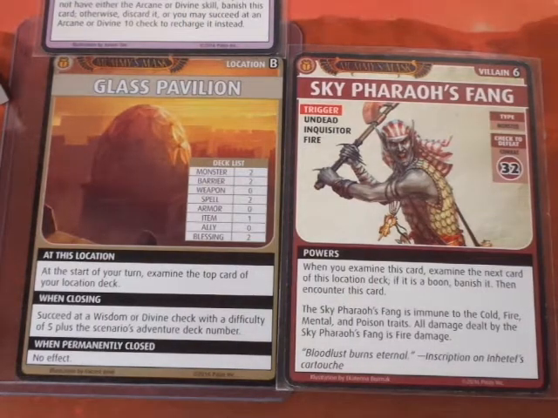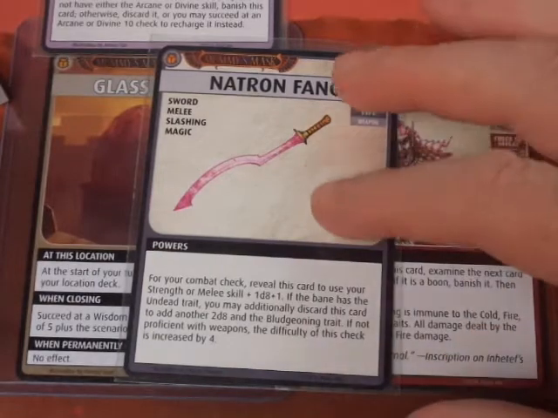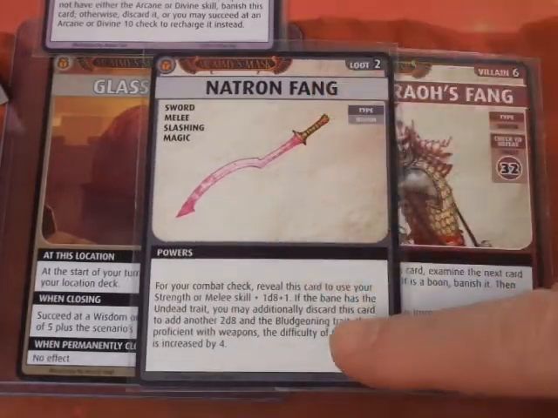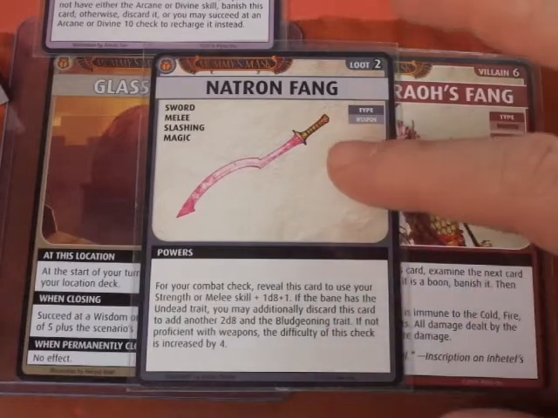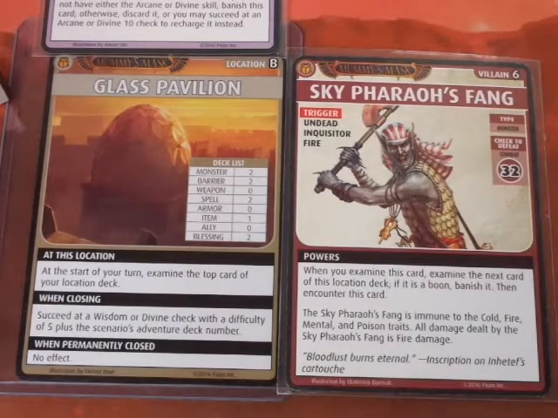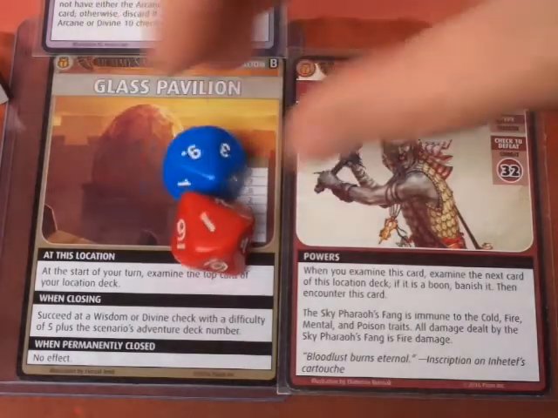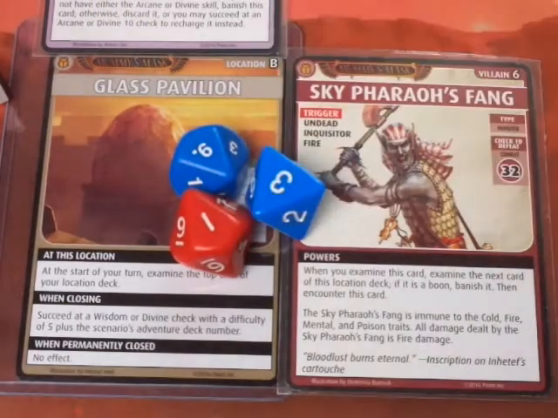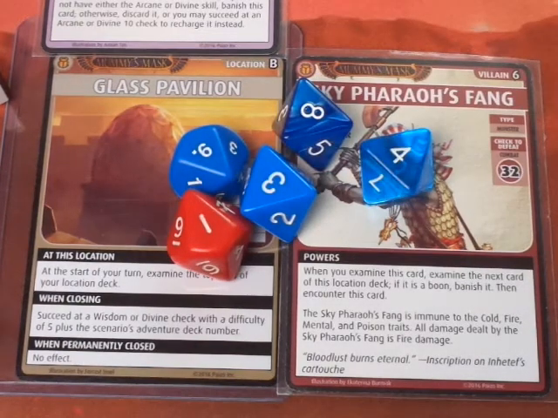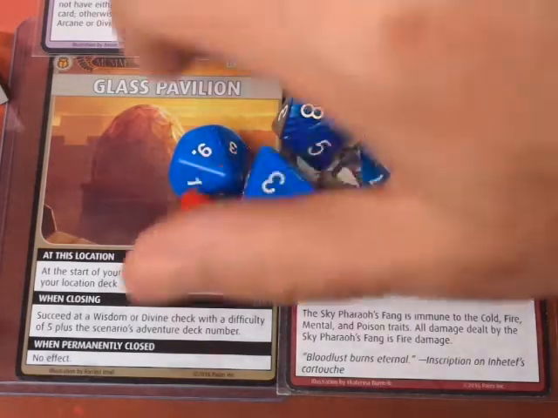We also have a Natron Fang in our hand. I think that's what we're going to be going with. Natron's Fang, where we can do our strength or melee plus 1d8 plus 1. It has the undead trait, so we can discard this card to add 2d8 and the bludgeoning trait. And he's not immune to the bludgeoning trait. Okay, so let's assemble our dice. D10 for melee, D10 for Sands of Time, D8 for the Natron Fang. We discarded the Natron Fang, so another 2d8. Out of all that, our total buffs are going to be plus 4, 5, 6, 7. So we have plus 7 to this roll,